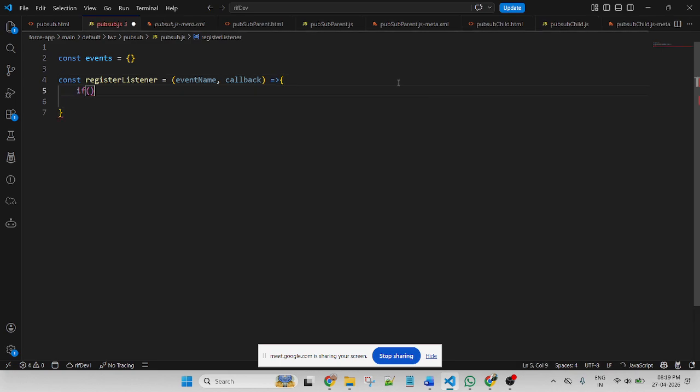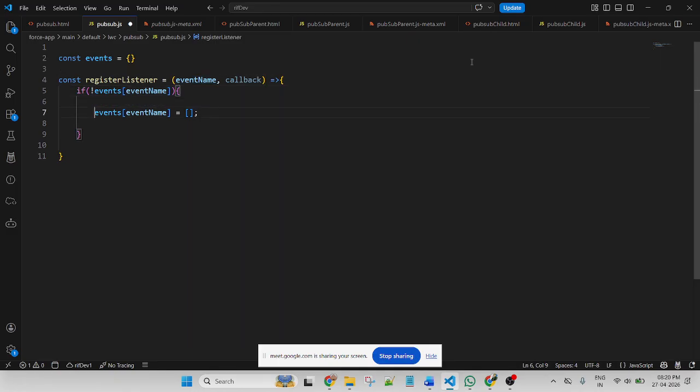Use if these events, if not registered, not event name, then if the event name is not registered, then copy equal to a blank list, an array, because it's not registered.